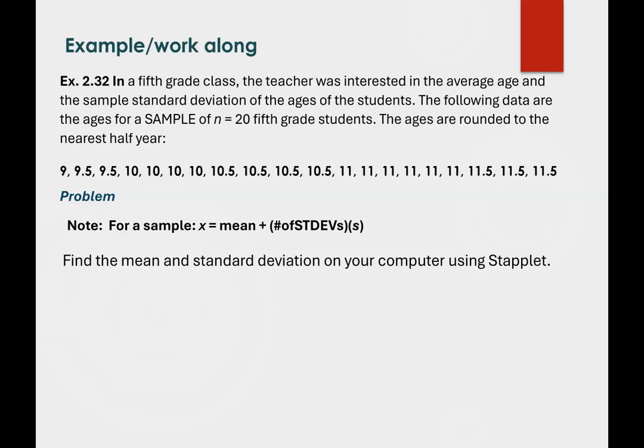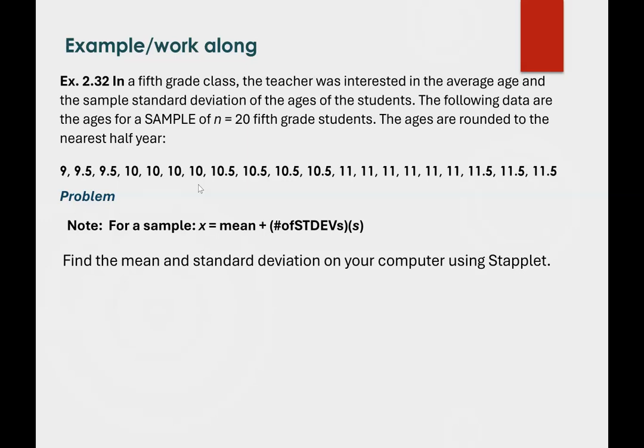Here is another example to work along. We have example 2.32. In a 5th grade class, the teacher was interested in the average age and the sample standard deviation of the ages of the students. The following data are the ages for a sample of n equals 20 5th grade students. The ages are rounded to the nearest half year. So there's the data set laid out there in order. You're going to want to use